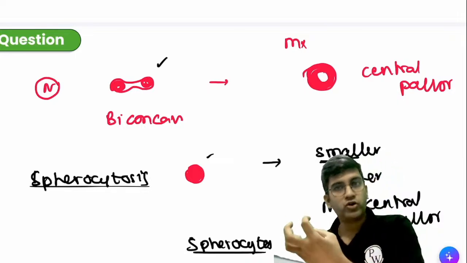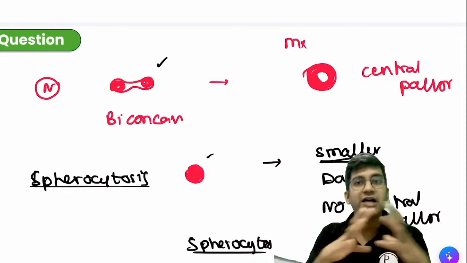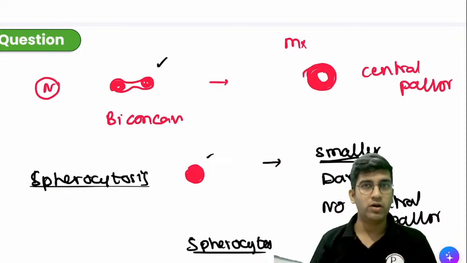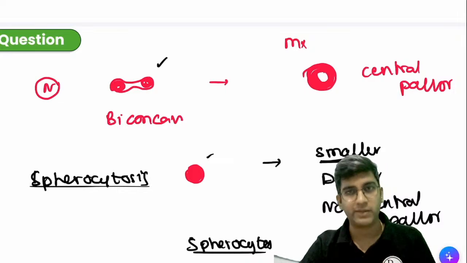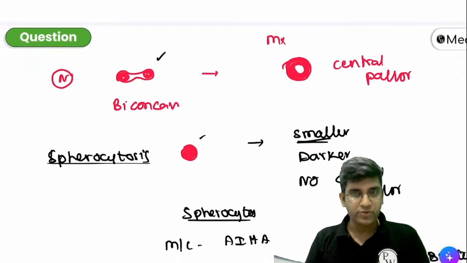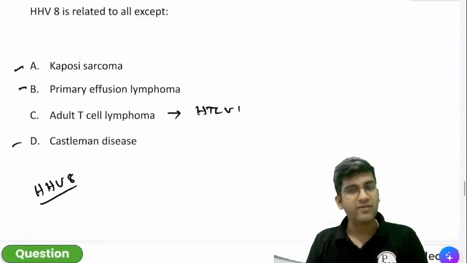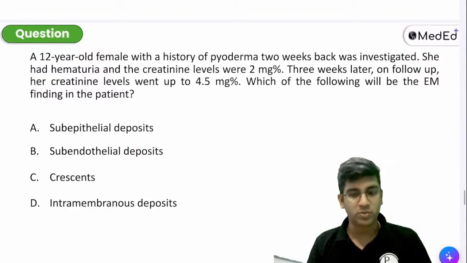When I put in the hypotonic saline, water comes inside by osmosis. Spherocytes burst a bit earlier than a normal RBC. That's the difference between osmotic fragility of a spherocyte and a normal RBC. Right? It's not used these days because it's a very cumbersome procedure, very difficult to do, and I have a better diagnostic procedure for spherocytosis, right? But that's the concept of the osmotic fragility test.